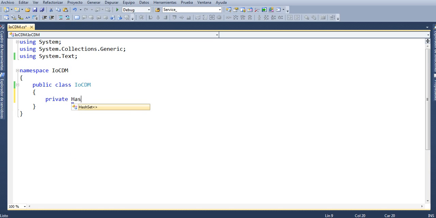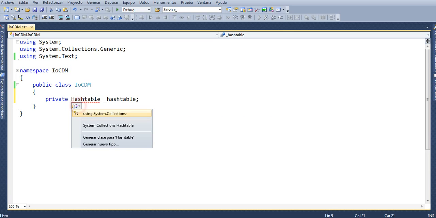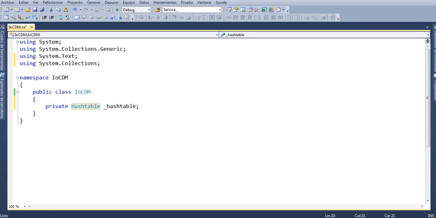hash table, underscore hash table, semicolon. We have to include the reference for hash table using System.Collections. Then you have to create two other methods,